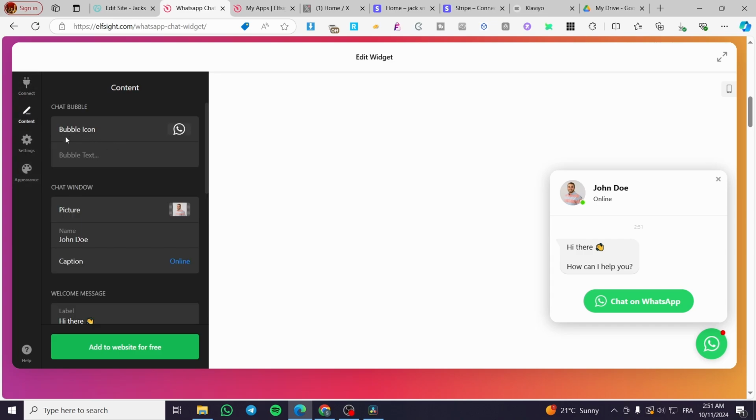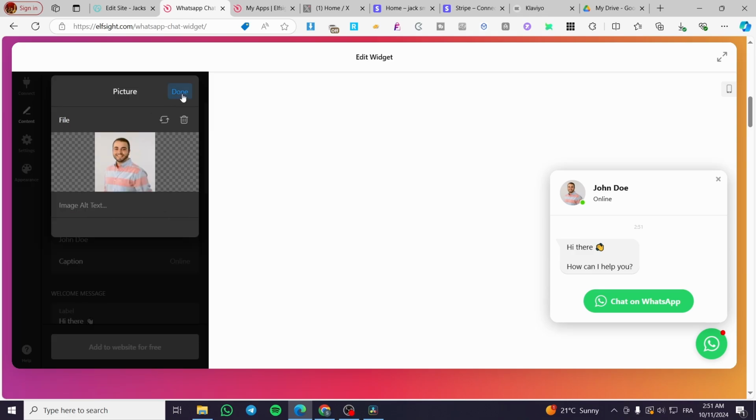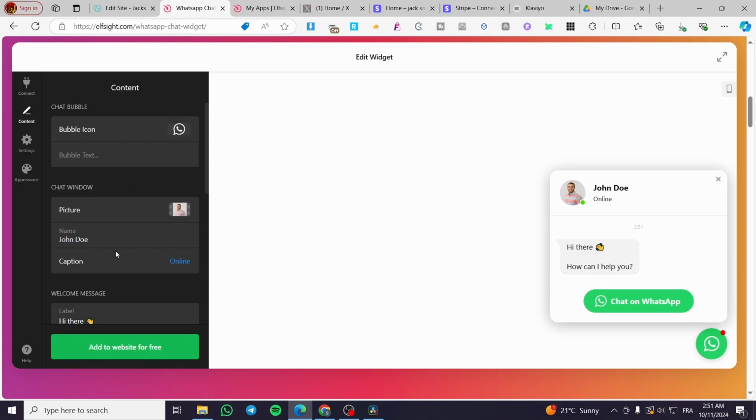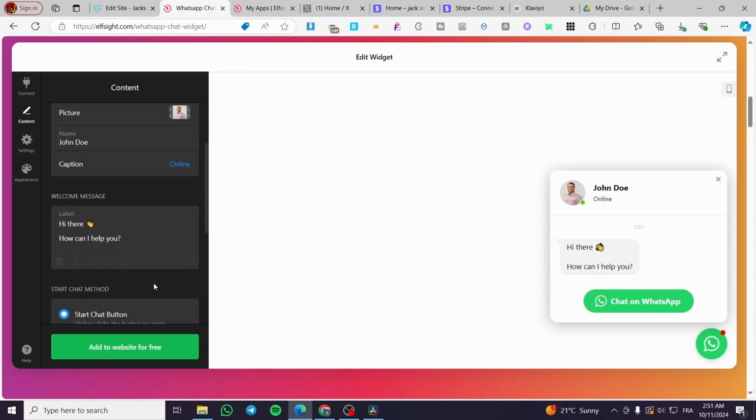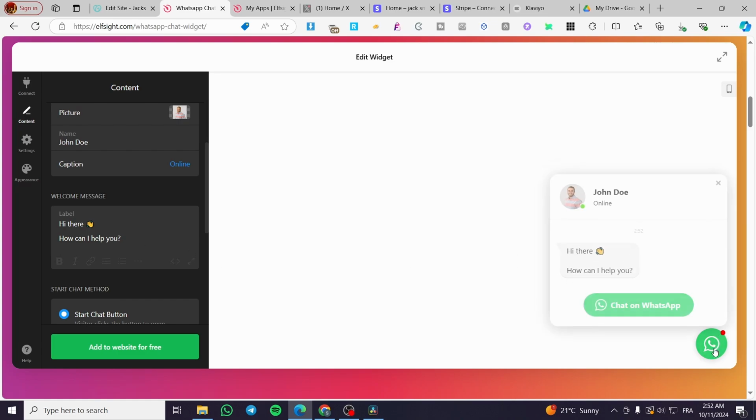Right here we have the modifications that we can implement, such as the bubble icon. We have the bubble text. We have the picture. You can go ahead and change the picture by clicking on it. The name, you can go ahead and put a name. The caption, as you can see, is online here. And the label, which is the first message to appear to the customers when they click on the bubble or